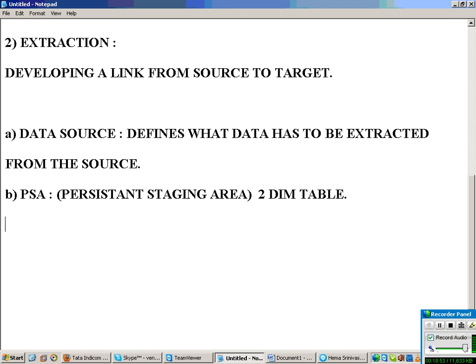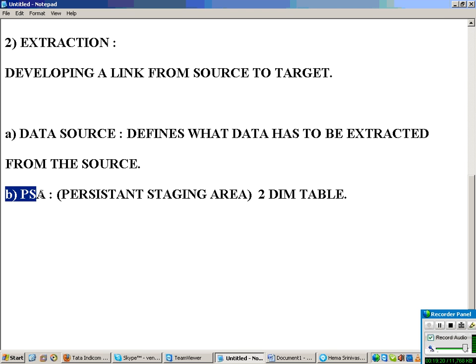But do we have access to the source to edit the data? Can I log on to R3? Can I change the data as a BW consultant? I never have access to the source to edit the data. That's why, before putting our data into the target in BI, we first put our data into the PSA table, for staging purposes. If any error comes, your updating will be stopped in the PSA itself.